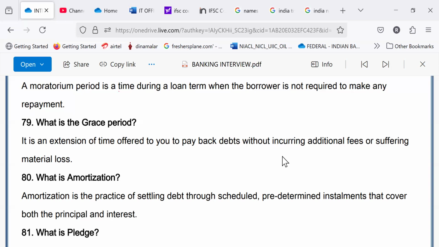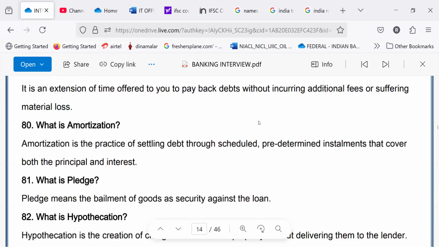Actually, grace period is common in the case of insurance policies, where for payment of premium, say in the case of life insurance alone, they will allow some days time. In the case of quarterly payments, 15 days, half yearly payments, 15 days. I don't know how much it is. In the case of yearly payments, it may be 1 month, 30 days or so. So that is known as grace period allowed.